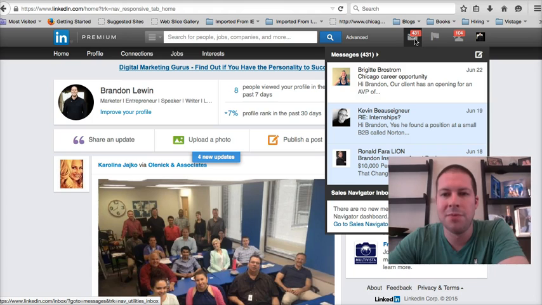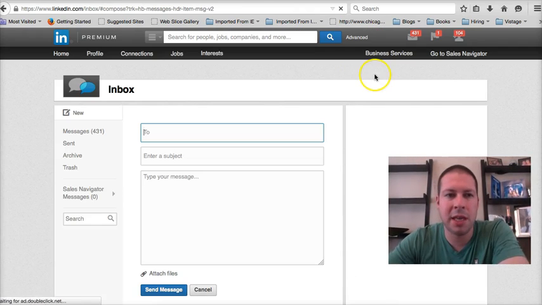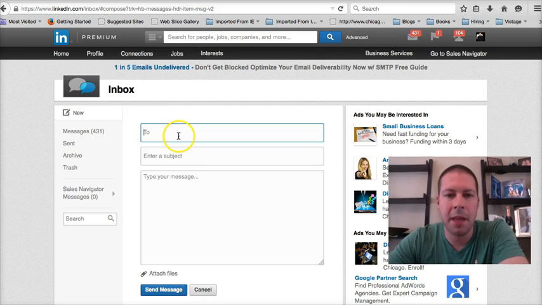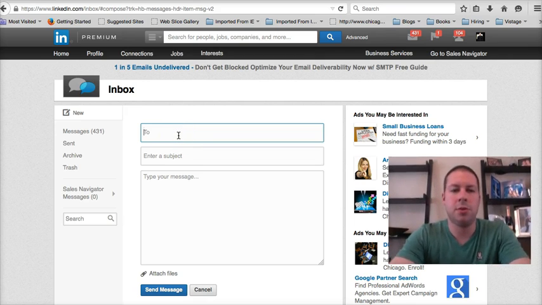So anyway, not to get too much into detail there, but you want to hover over that, open this little box, and then click on the little icon over here. If we do that, that will take us to a new message. And here is where we can send direct messages within LinkedIn, which that person will get a notification of, and you can only send it up to 50